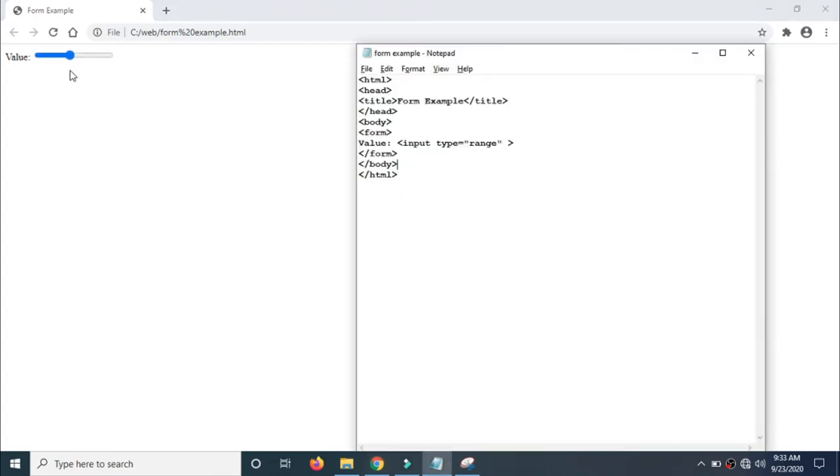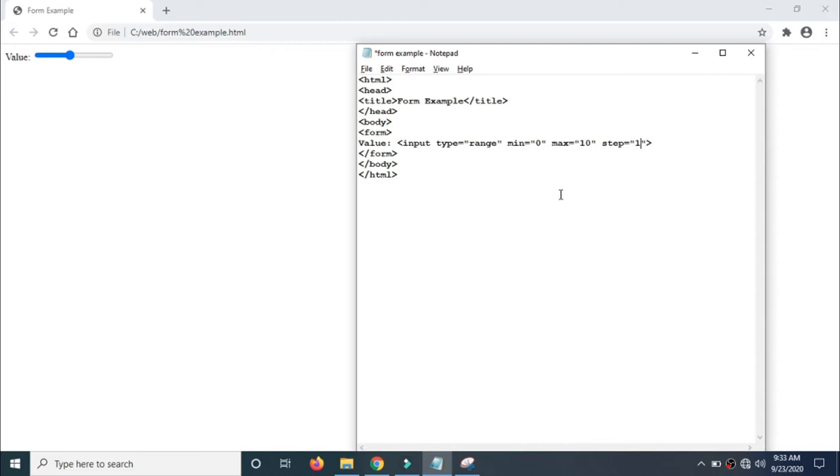I can change the value. Just by sliding this icon, you can change the value. And you can observe that here I don't have any step. That means I can increase or decrease from starting to ending, right? And what is the value? We don't know that. So let's go back to our program and I'll write min equal to 0 and max equal to 10, as well as step equal to 1.